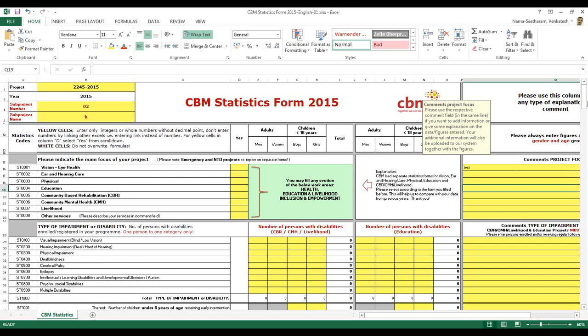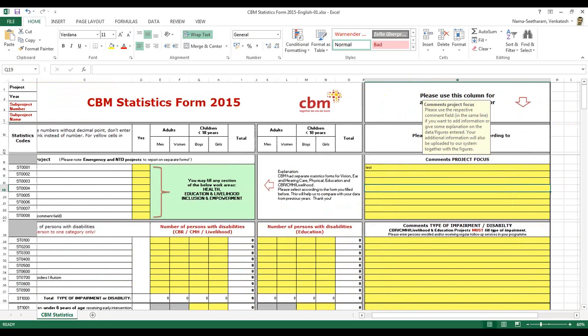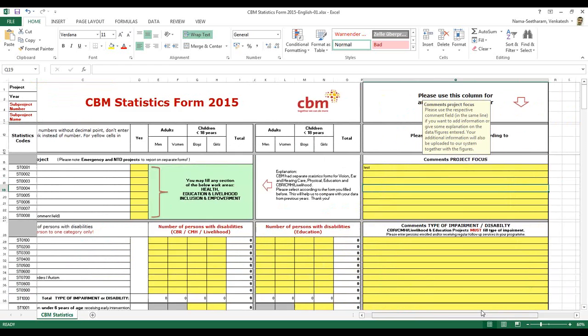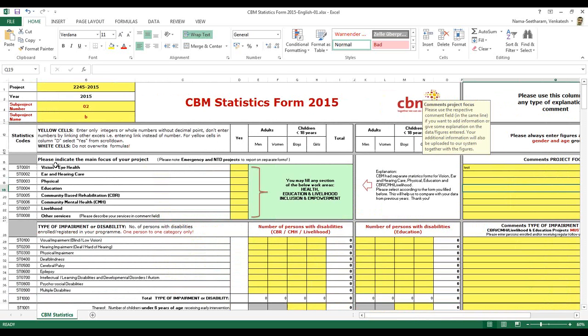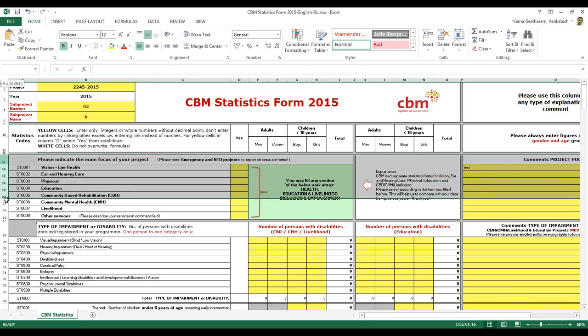Then I would go by section here. The first section is the focus and the second section would be the type of impairment. The first section, focus, starts from row number 15 to 23.